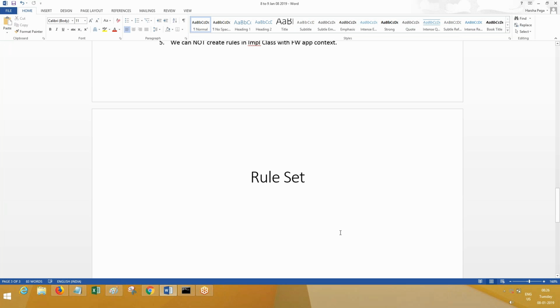It depends. If you're creating an organization rule and you are choosing implementation application context, the reason is that this organization rule will be accessible everywhere. But suppose I take a product of my framework, and this rule is not part of the framework. This is part of only implementation. This product should not have this rule. Then I have to choose implementation context. Suppose if this rule is part of the framework product, then I have to choose framework context.